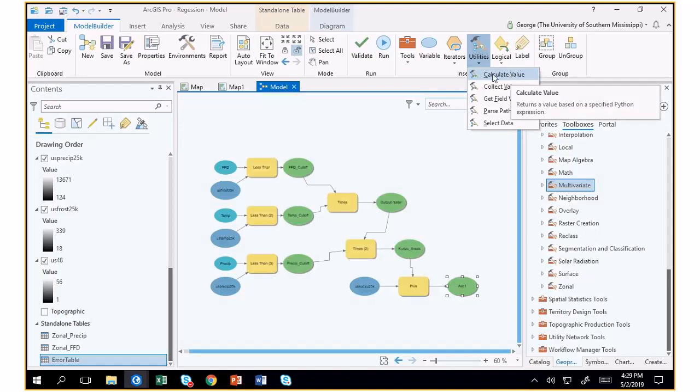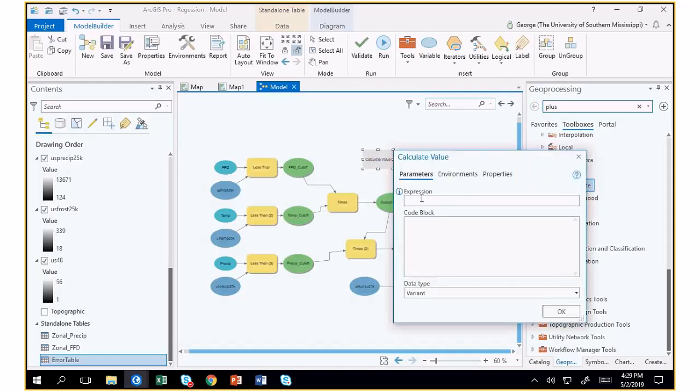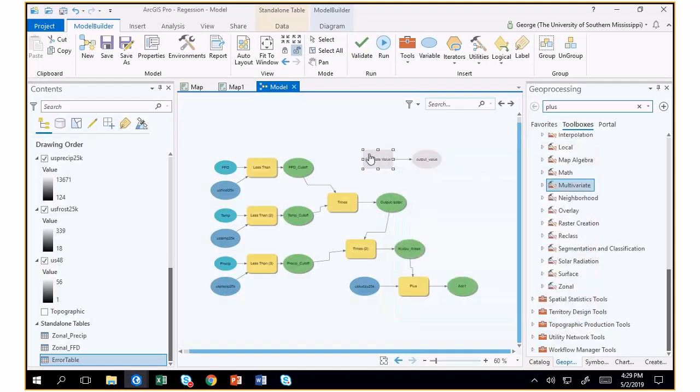So let's see what the inputs are. Expression. Because what we need to do somehow is